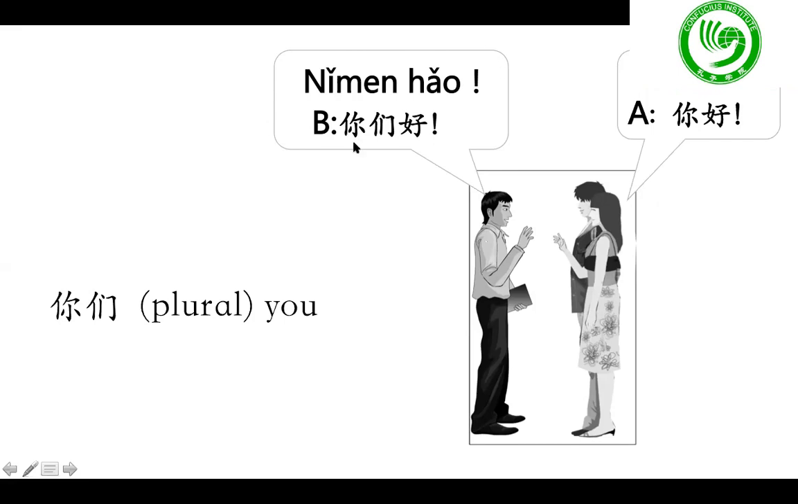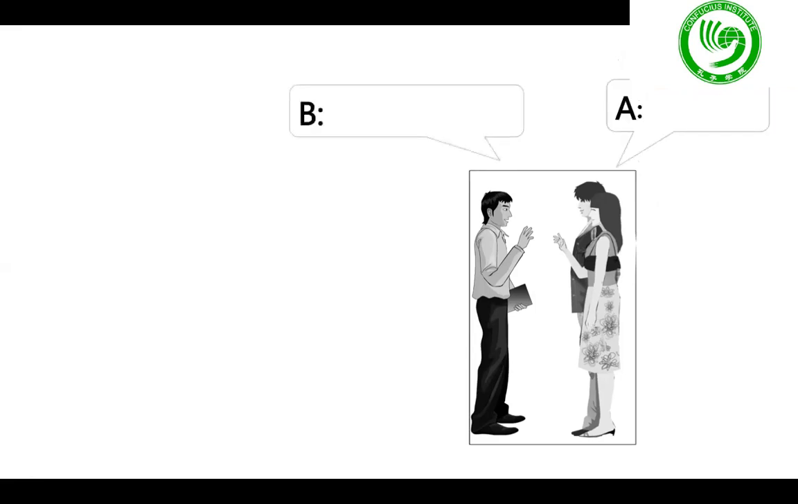Then I'm gonna be B, and you're gonna be them. So you say hello to me first. 你们好. 你们好. Now, could you please do this dialogue by yourself? What do they need to say? And he replies,